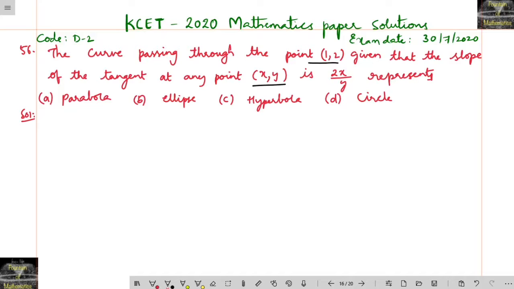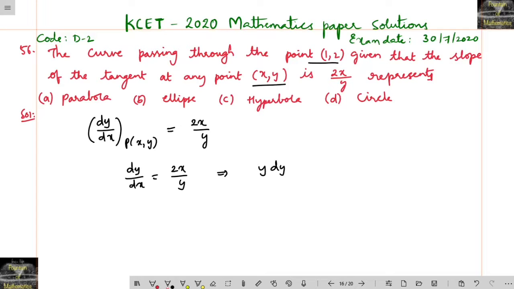So for this, what is given? dy by dx at any point P(x, y) is given as 2x upon y. So we can consider dy by dx is equal to 2x upon y, or doing the cross multiplication, y dy is equal to 2x dx, and integrating on both the sides,